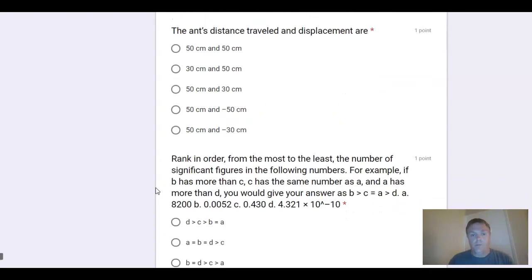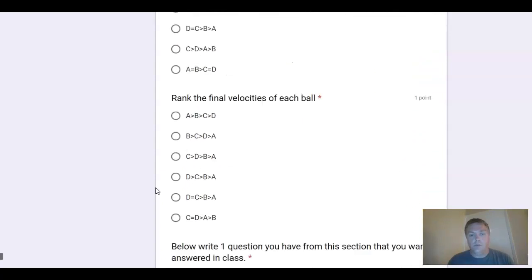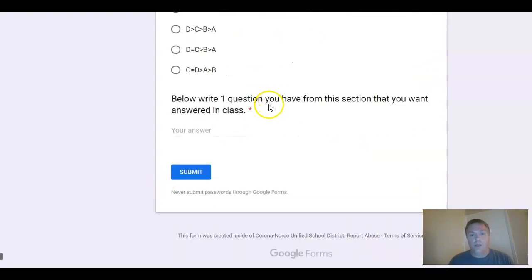And at the very bottom of all the assessments is a place for them to write questions. Okay. And then what happens is they hit submit, they get their score, and if they get 80% or more, they're essentially done with the assessment. If they got less than 80%, it'll show them which ones they got wrong, and they can go back and relearn that information and attempt the assessment again.